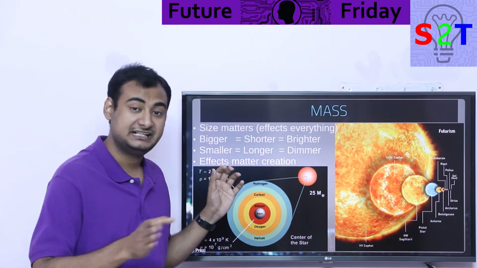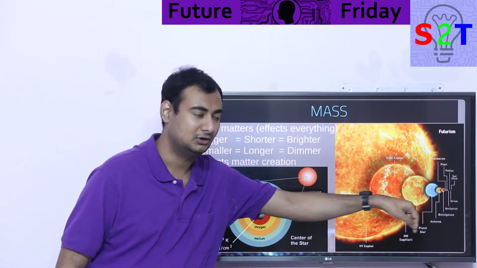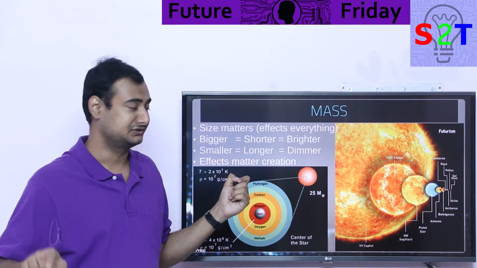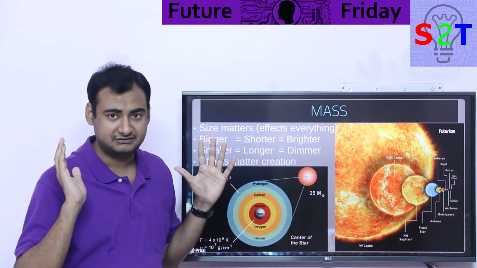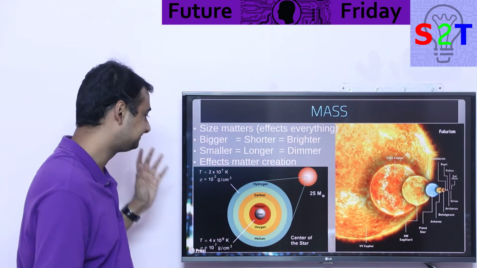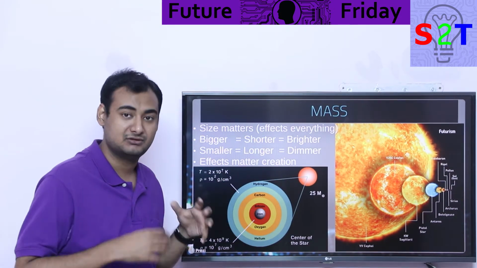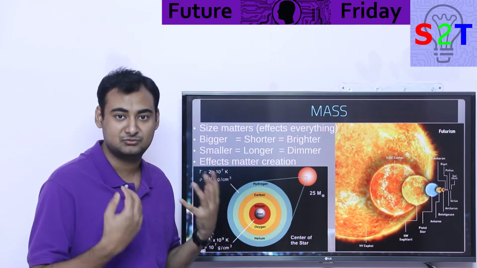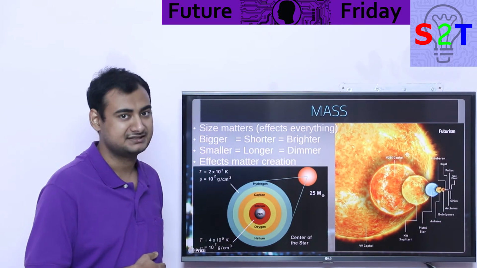So what happens on the other end? That's what happens when you go YOLO big. What happens if you go very small? You will end up living a much longer life, in hundreds of billions of years, and you will be very dim. You would need a very powerful telescope in order to see it. And that will also affect what kind of matter ratio is created once you go boom: how much carbon you will have, how much silicon you will have, how much iron you will have. That all would be controlled, fine-tuned by the mass aspect of it.